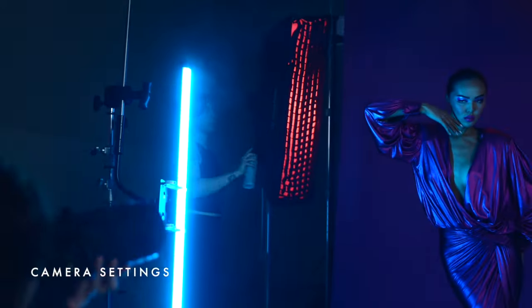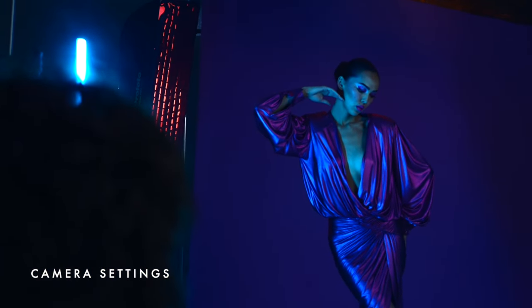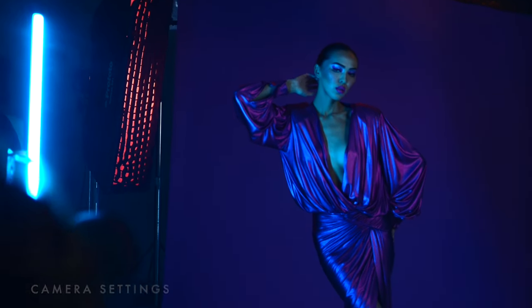Color management starts with my camera settings. I always, 100% of the time, shoot RAW and Adobe RGB. This gives me flexibility with my file and the maximum color information, which is going to be really important later on when I edit. Once my lights are set, I take a photo of a gray card or a color